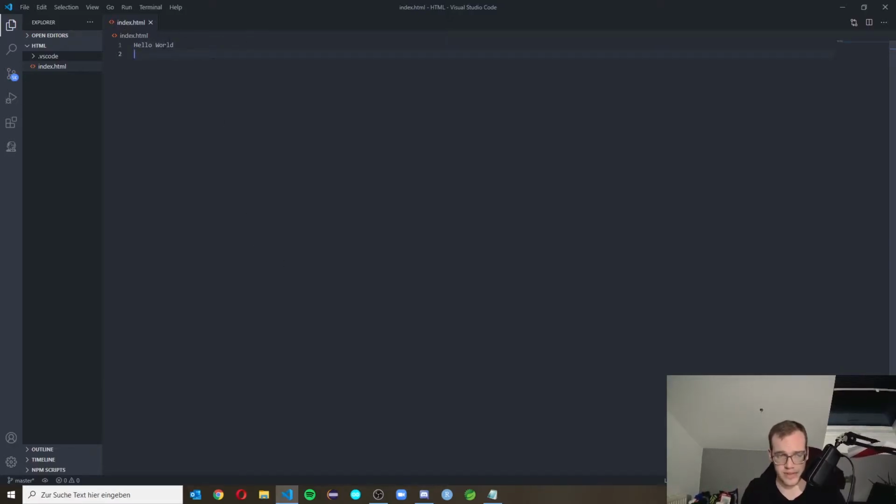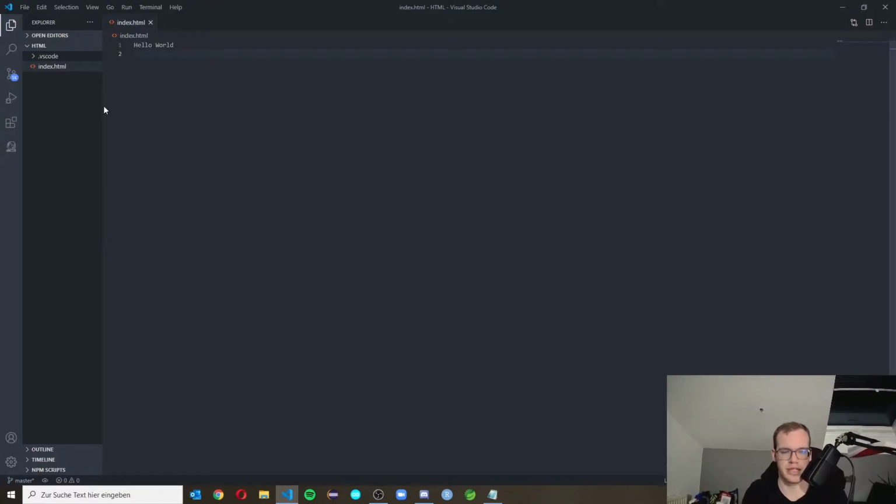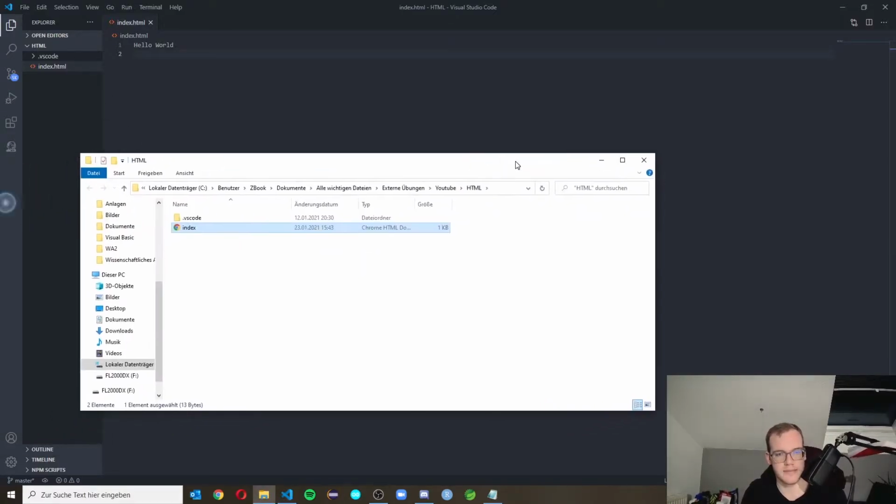Now, save it, the file. If you write it, then you see here the circle, and if you saved it like this, then there's an X and the circle disappears. So you have now two possibilities how to see your HTML files. First one is you right click, go to Reveal on File Explorer, and then a